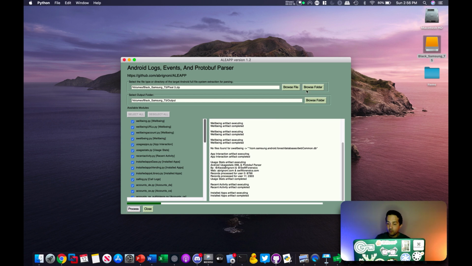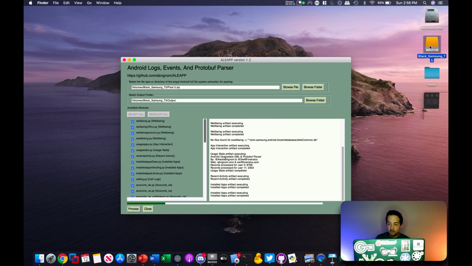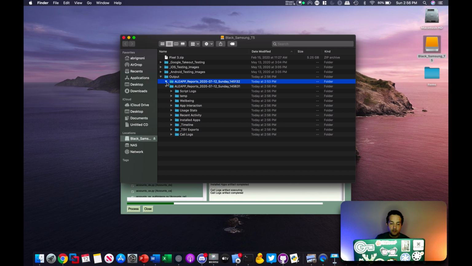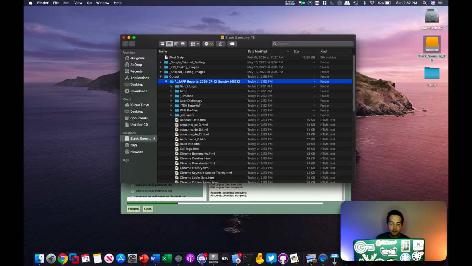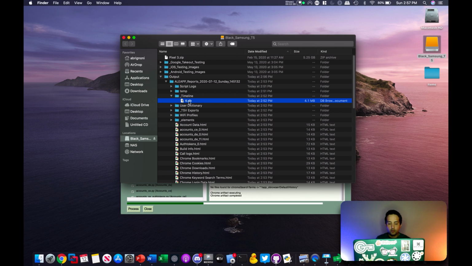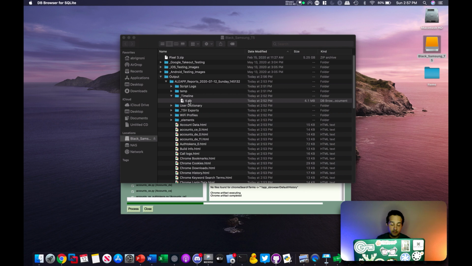So while that's going, I'm gonna go to a pre-made one that I had. This is the one that's currently running there. So I'm gonna open this one. This one's already done. So to get to your timeline, you're gonna look for this directory here, _timeline. And when you open it, you're gonna see the TL timeline .db, and this is a SQLite database. So if we open this with our SQLite Explorer,